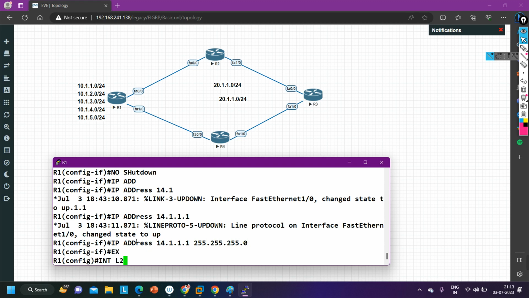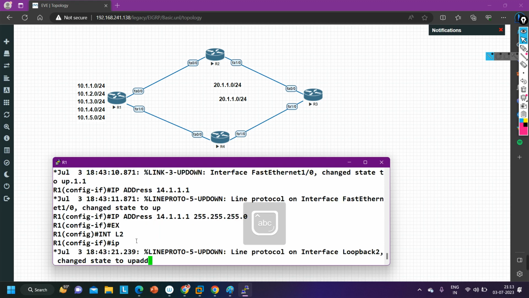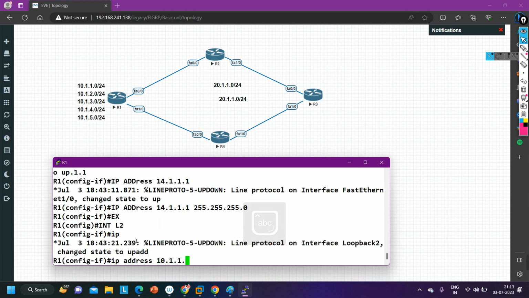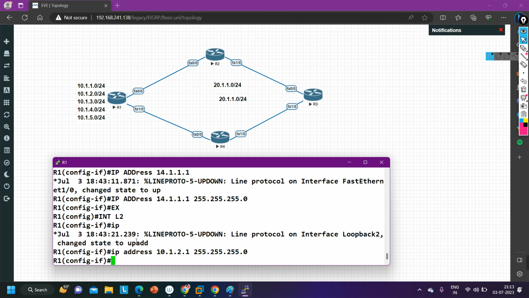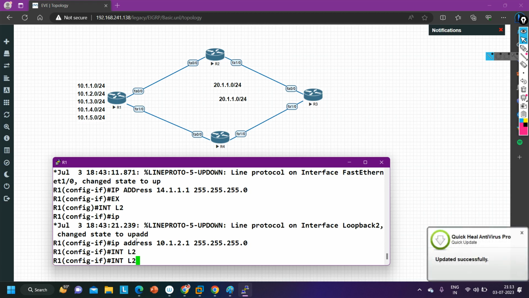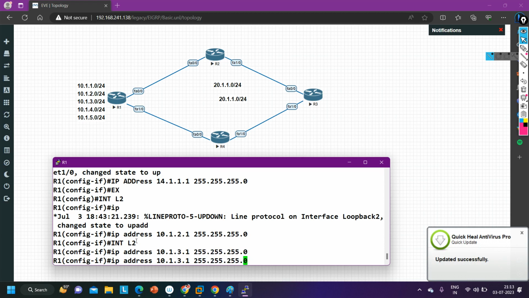Exit. Interface loopback 2, IP address is 10.1.2.1, 255.255.255.0. Then interface loopback 3, IP address is 10.1.3.1.